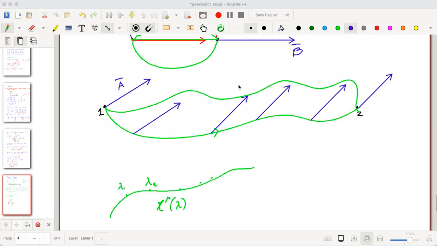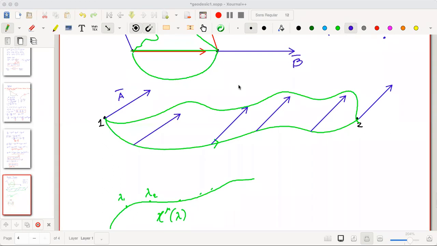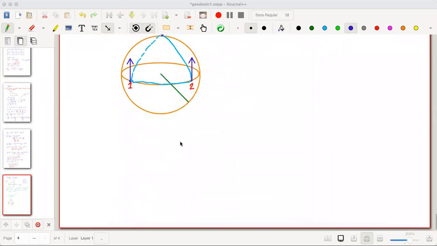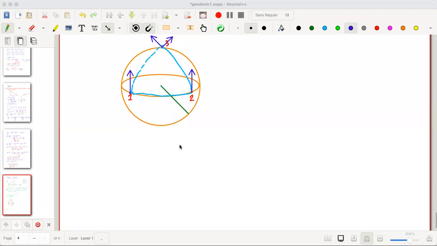If different curves or different paths lead to different directions of the vector, can we determine which curve is the parallel transport? Well, the answer is yes. We can always find the correct path that leads to parallel transport. And how to do that? Well, to do that, we know that in flat space,